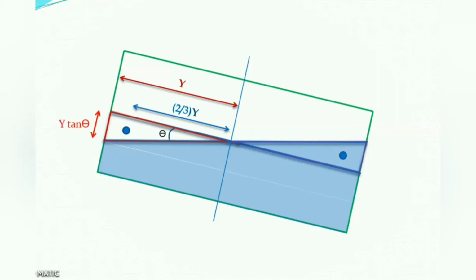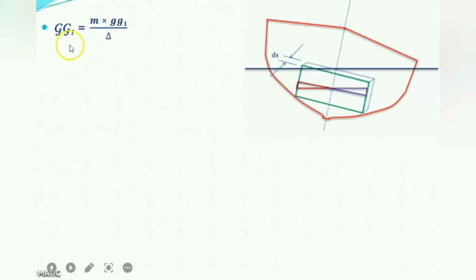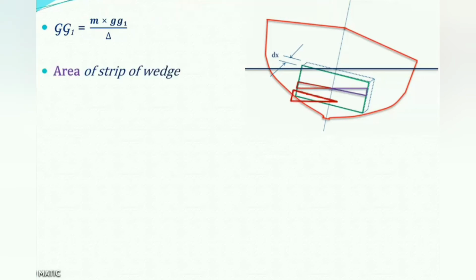Some more dimensions can be seen here. Just like this, we have the height as equal to y tan theta, since the angle between the initial and final waterlines, which we have here, is theta. The shift in center of gravity, that is GG1, is determined by dividing the moment of mass by the ship's displacement. So first we will be determining the liquid's mass in that particular wedge, and then we will be multiplying it with the respective distance covered by its center of gravity. To do so, first let us have a look at the cross-sectional area of that liquid wedge.